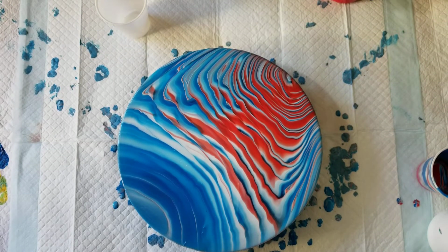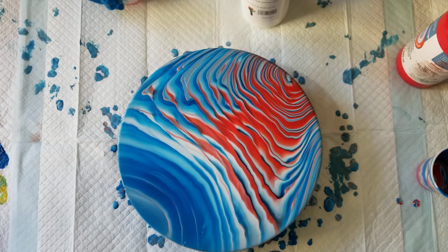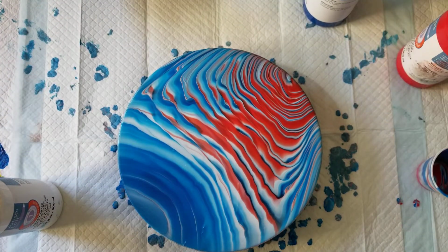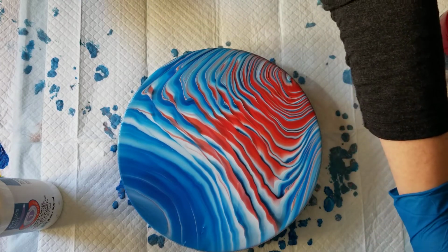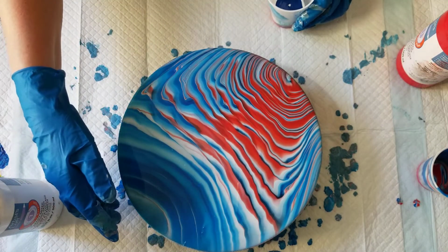Okay. A little red, a lot of white, and a little blue. And time for some ribbons. Okay, now when I first start pouring it out, the blue and white are going to come out, so I'm going to turn this around and